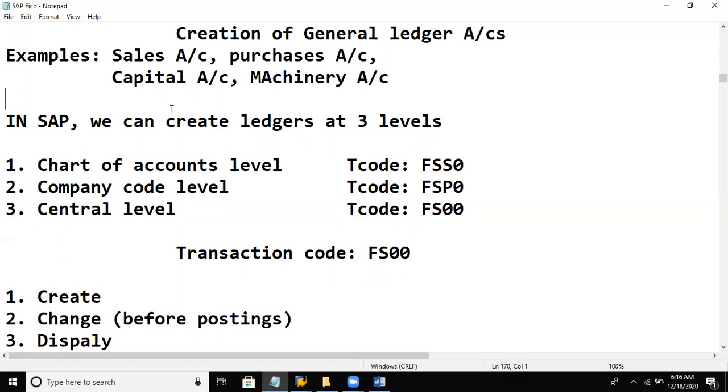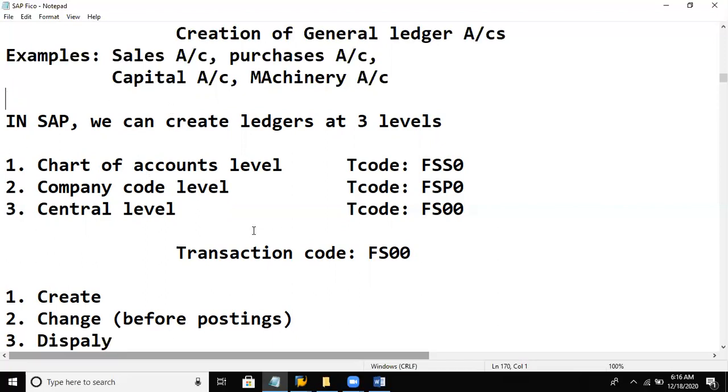One is at chart of accounts level, one is at company code level, and the other one is at central level. The T codes for the same: chart of accounts level is FSS0, company code level is FSP0, and central level is FS00.